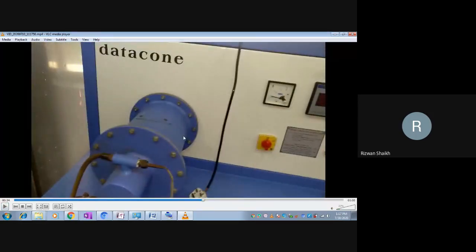Can you see this part? Here, this is the metal rod. Can you see this? This is the metal rod inside. At one end, we have a heater at the surface. Here we have a heater, and the heat flows through this metal rod. So at one end of the metal rod, we have a heater.